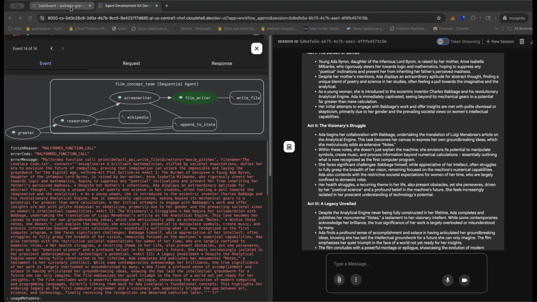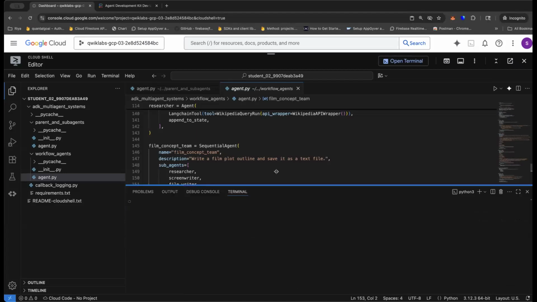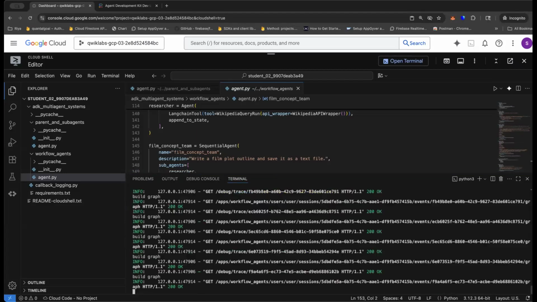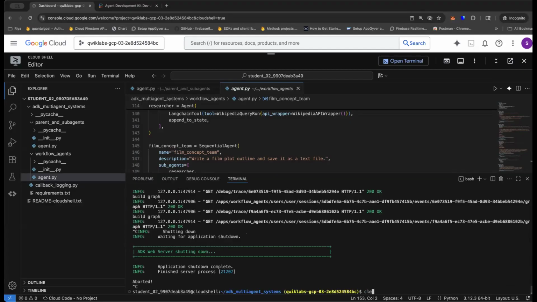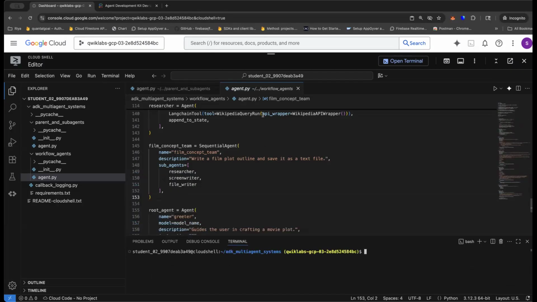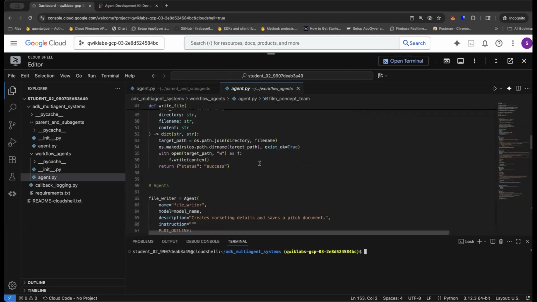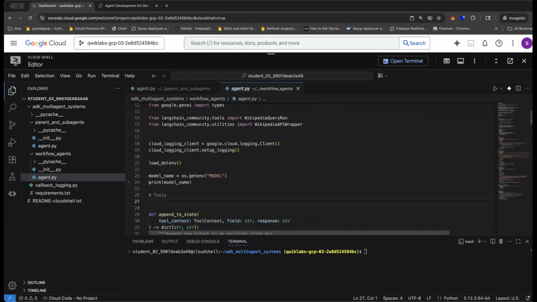So let's go back, and in the terminal window, I am going to close this, make it clear, and then I'm going to go to the agents.py, and I'm going to add under the tools section,